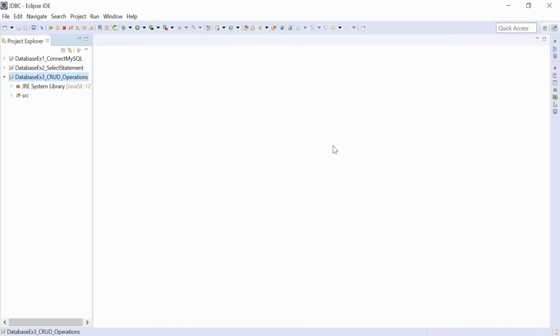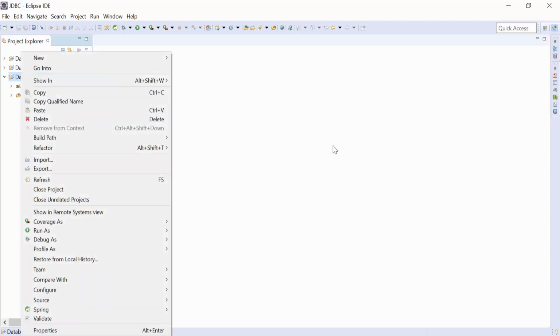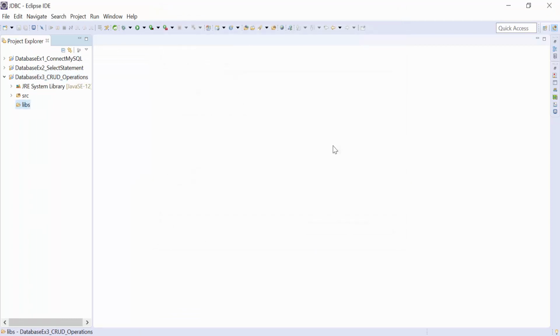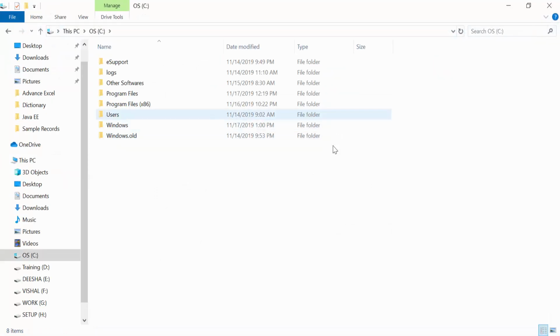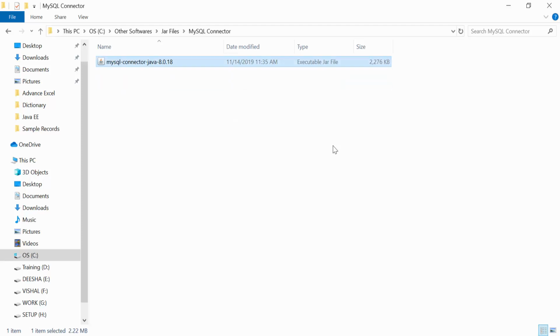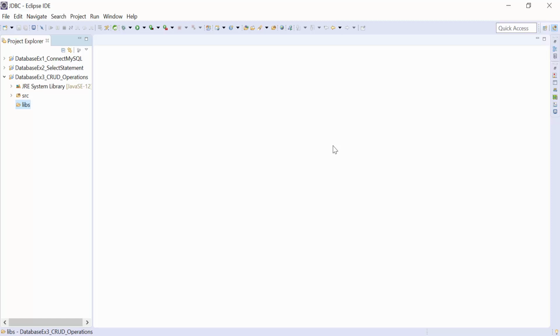Okay, now the first step to perform transactions on a database is to create a folder library, and in that keep a MySQL connector jar file. I copy that jar file from a folder. So here is the jar file, and I copy it to the libs directory.